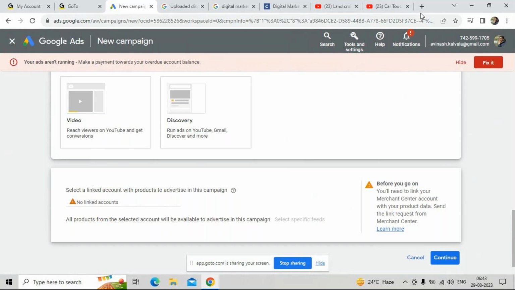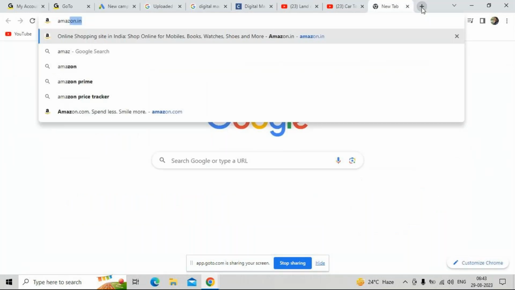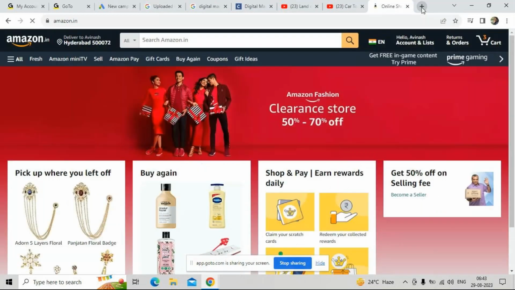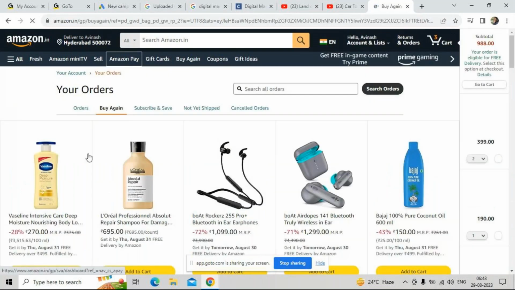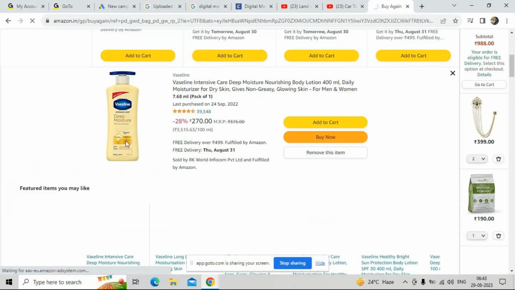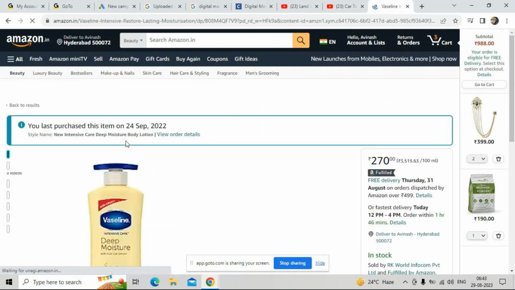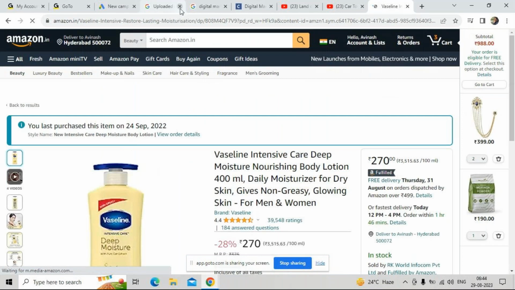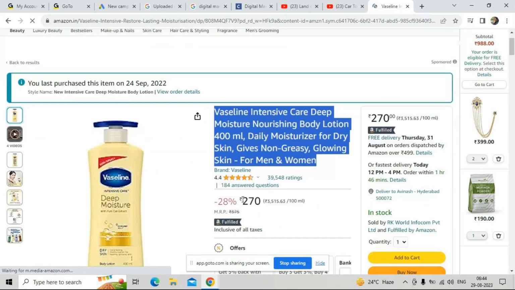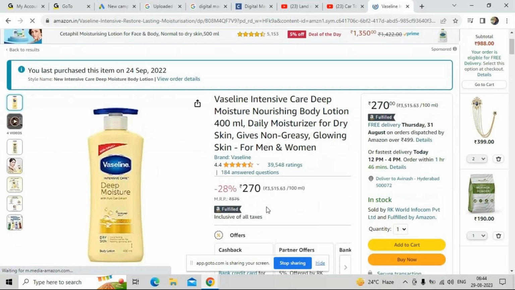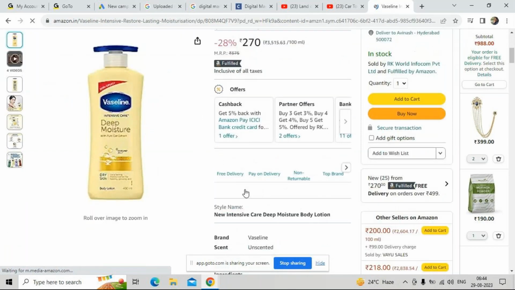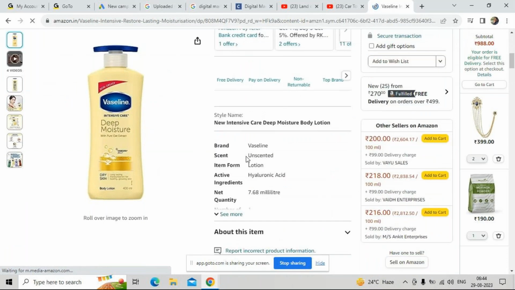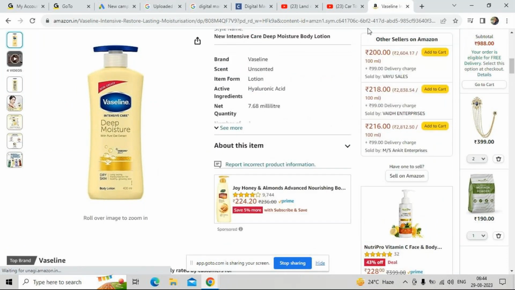Data will be given to the center. For example, if you want this product, it will capture every detail: the URL, the title, the cost, the discount, how much discount it is giving, the cashback offers, the image, the details, the brand, and everything. This will capture it. And when you search for that particular product,